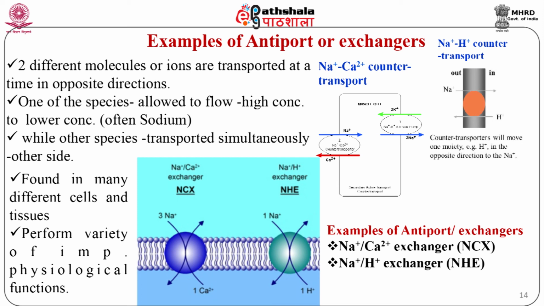They are as follows: Na+/Ca2+ exchanger, that is NCX, which is ubiquitously found in many cells and tissues. It plays an important role in cytoplasmic Ca2+ homeostasis. It couples the inward movement of 3 Na+ ions down the Na+ electrochemical gradient to the uphill movement of 1 Ca2+ ion against the electrochemical gradient. Resting Ca2+ concentration values in the cytoplasm is 70 nM and in extracellular fluid is 2 mM respectively. Therefore, NCX is electrogenic.